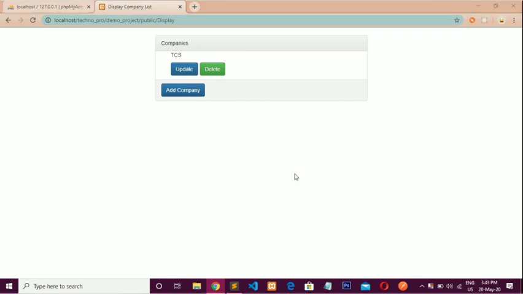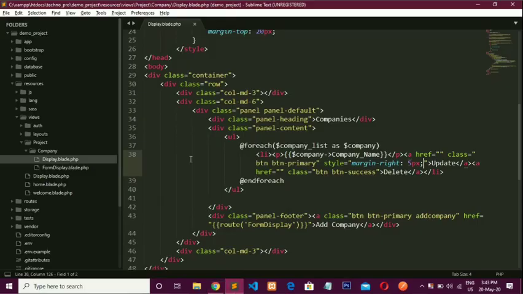So whenever you update something, you need two routes, one to go to a form displaying our old data, and a second route for updating our new data. So let's first see the update operation and define routes for that.